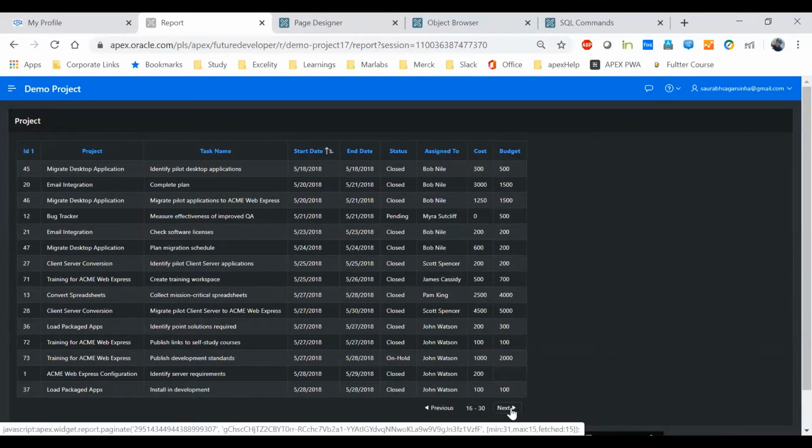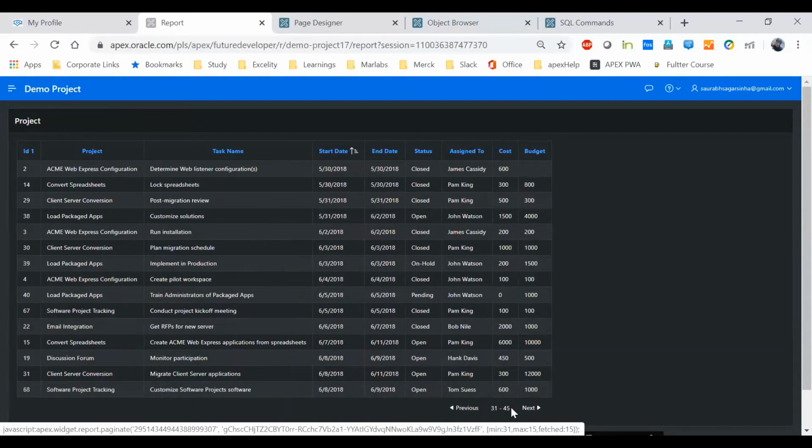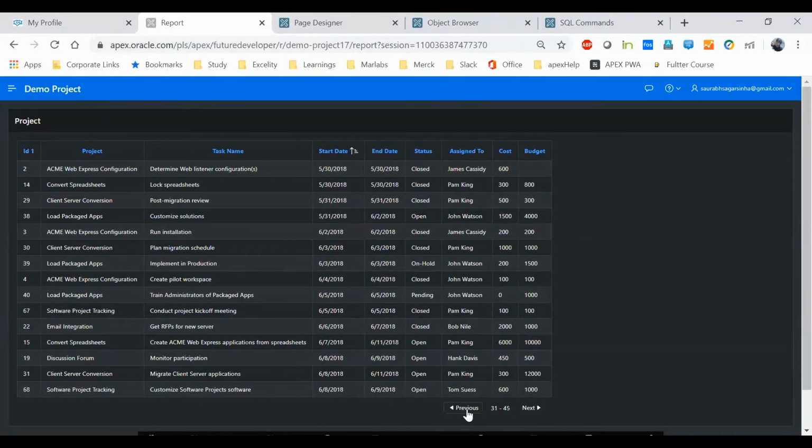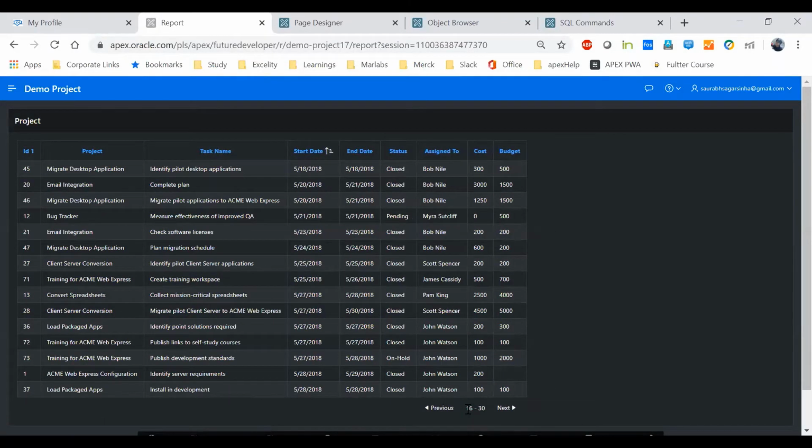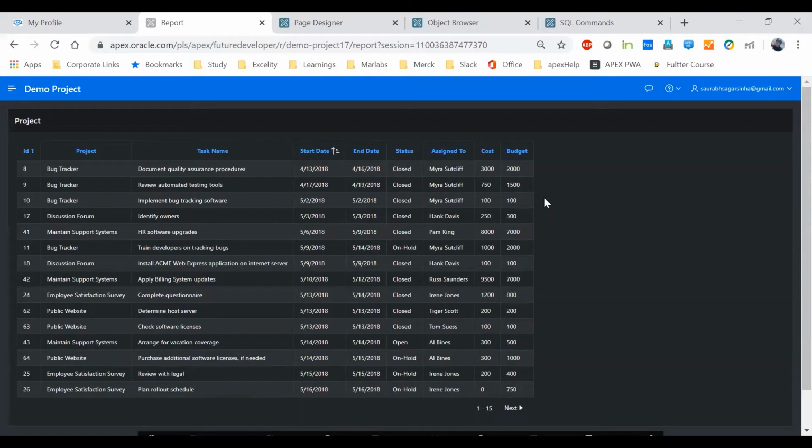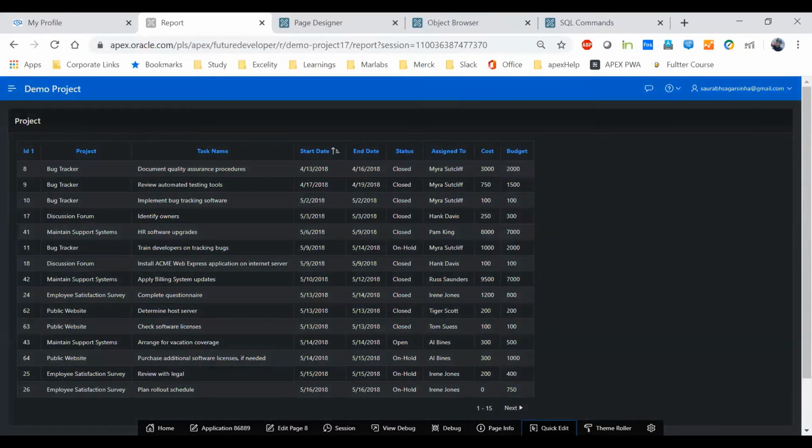When we click on next, we get more data, and when we click on previous, we get the previous information. In one shot we can see only 1 to 15 rows. You can increase this also, I'll show you. These are developer tools, you can say. You can quickly use this quick edit and then you,